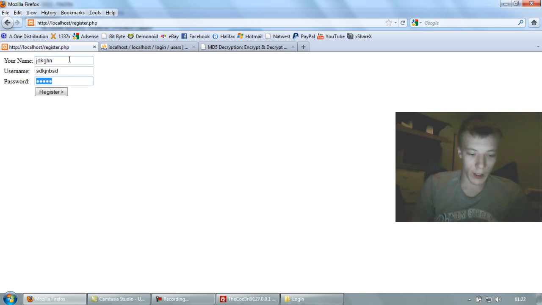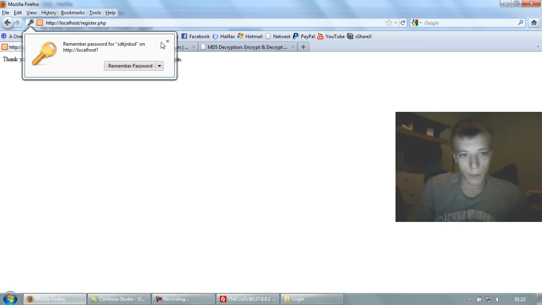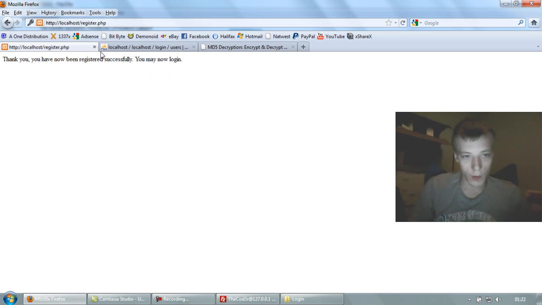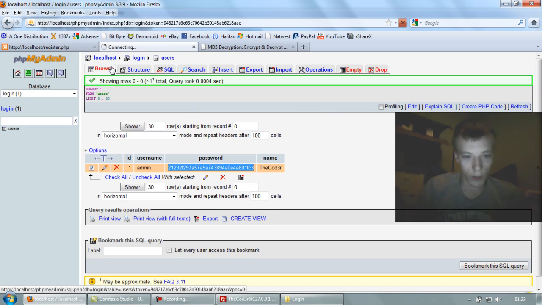Type in a random username there, and I'm going to type in my password for a few websites. This is the password I actually use for a few websites. Okay, now if I go to the database,